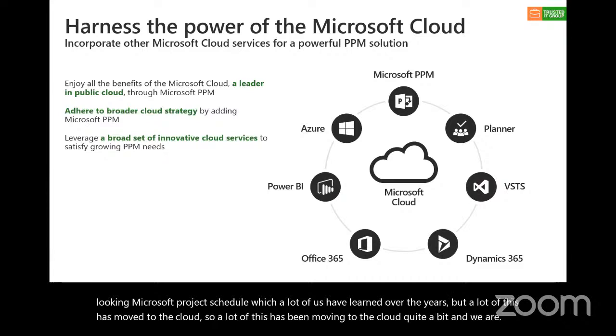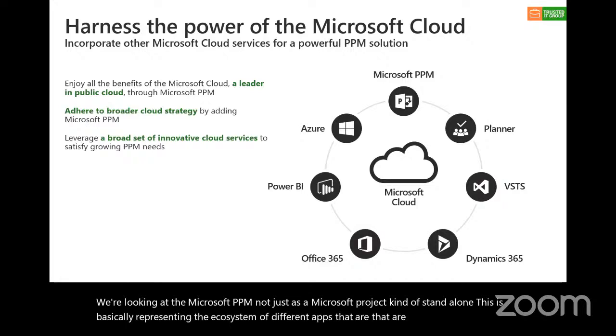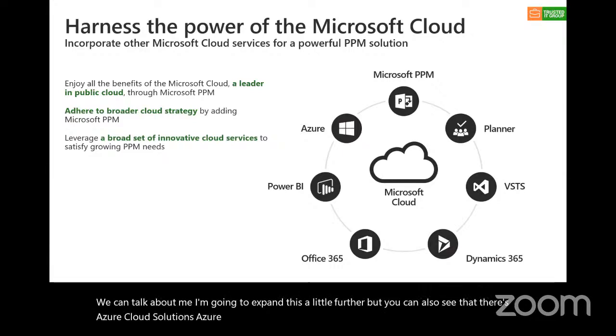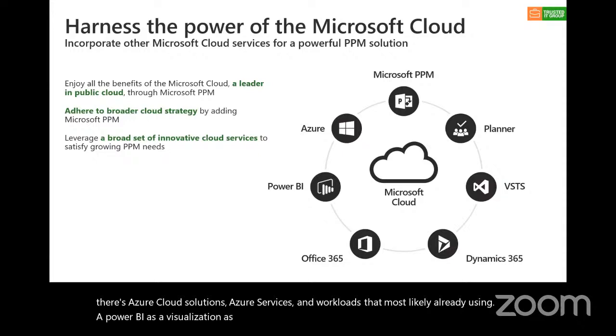We're looking at the Microsoft PPM not just as Microsoft Project standalone. This is basically representing the ecosystem of different apps that are involved in this process. As part of this Microsoft cloud equation, you can see there's Microsoft PPM. We're going to expand this a little further, but you can also see there are Azure cloud solutions, Azure services and workloads that most likely you're already using, and Power BI as a visualization and reporting solution,